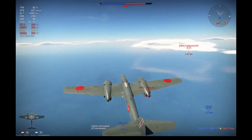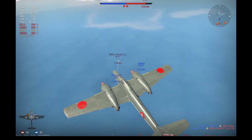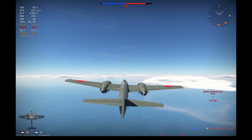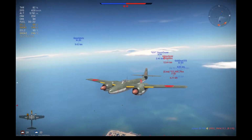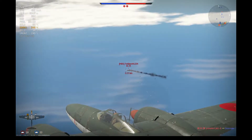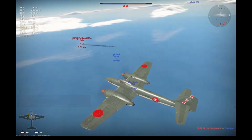It's powered by 2 Mitsubishi Ha-43 Ru engines, which produce 2,070 horsepower each. That's at sea level. And it's a very fast plane. The US post-war testing of this plane found it could do 762 kilometers an hour, which is 473 miles per hour. I was going to go after that B-24, but my allies seem to have got that,